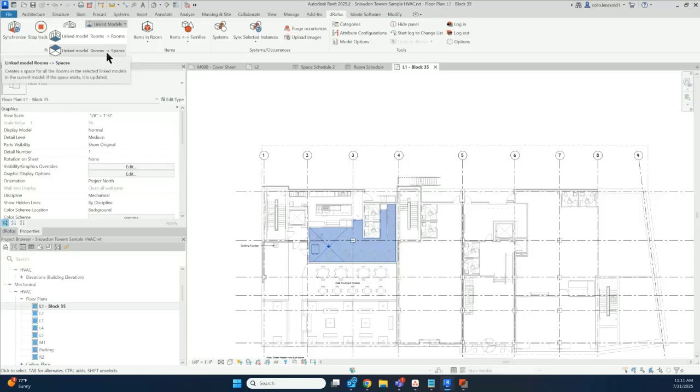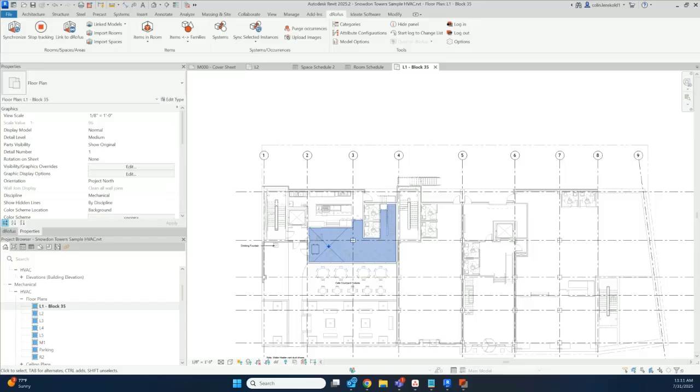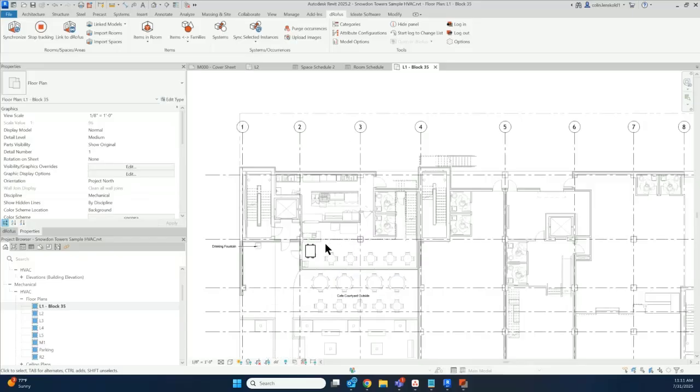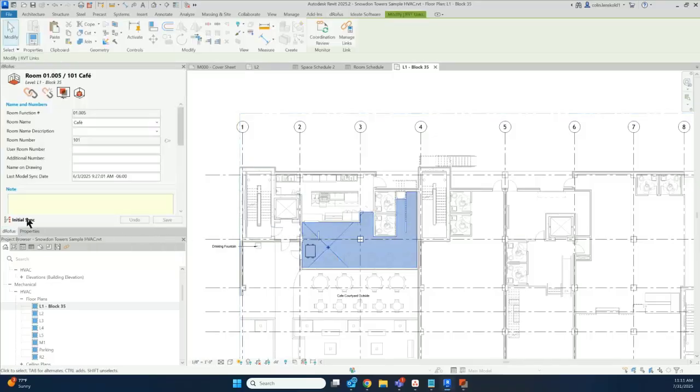That is no longer a required action, as we can access the room link to see the dRofus properties and also complete some item validation once we've accessed that linked room. So if I tab into my cafe and I can see this linked room, I'm able to see the dRofus properties in my dRofus panel, seeing that I have a link between this architectural linked room and my dRofus room